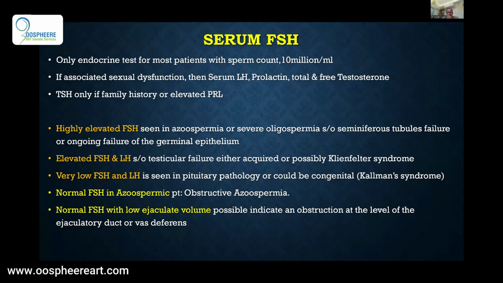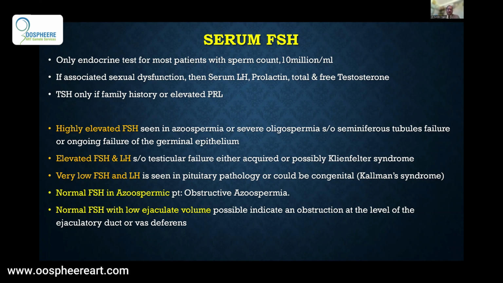Now, if there is azoospermia and a normal FSH, one of the reasons is obstructive azoospermia. Sometimes the obstruction may not be complete, so you may see some sperms because it is not a complete obstruction. So sometimes you do see a patient who has a very low sperm count, like less than 1 million or occasional sperms, but you may have obstructive azoospermia. But because of that partial obstruction, you don't see a lot of count, although the testis is actually normal in producing spermatozoa.